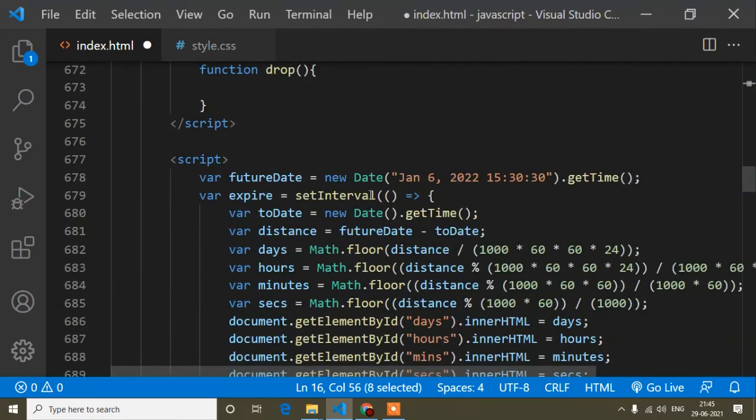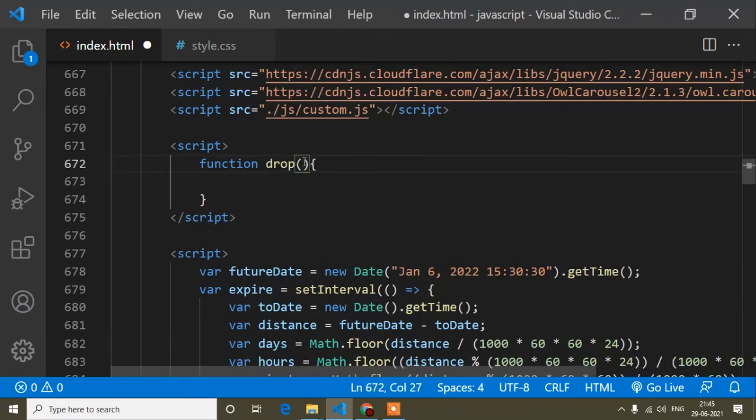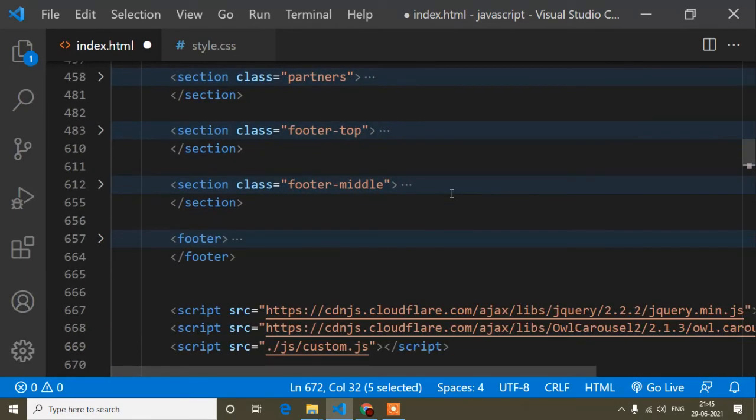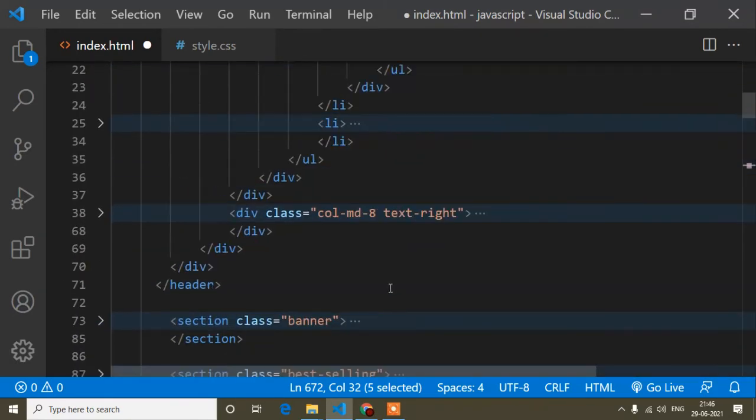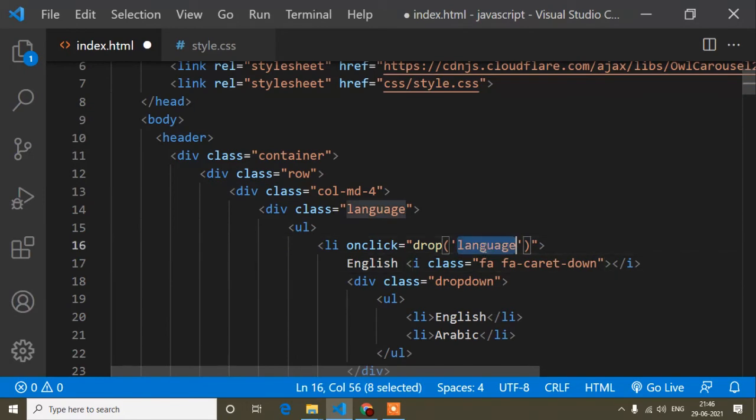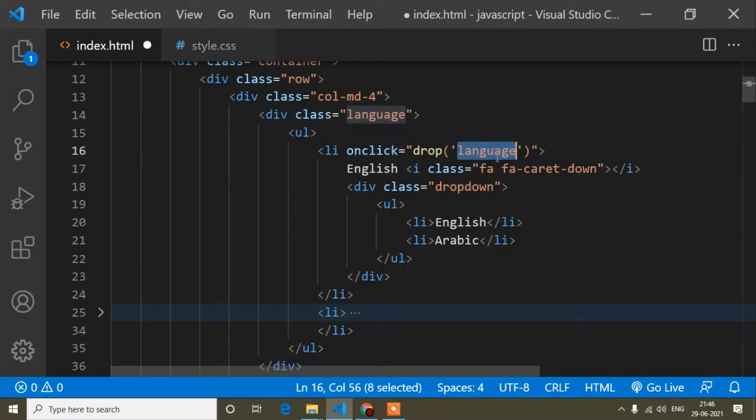I can write any name, so I will write value. It's called a parameter. We cannot say I have passed value, you have to say it's a parameter. If I hover, you can see this is the parameter value. By this parameter this value, language, will be passed.